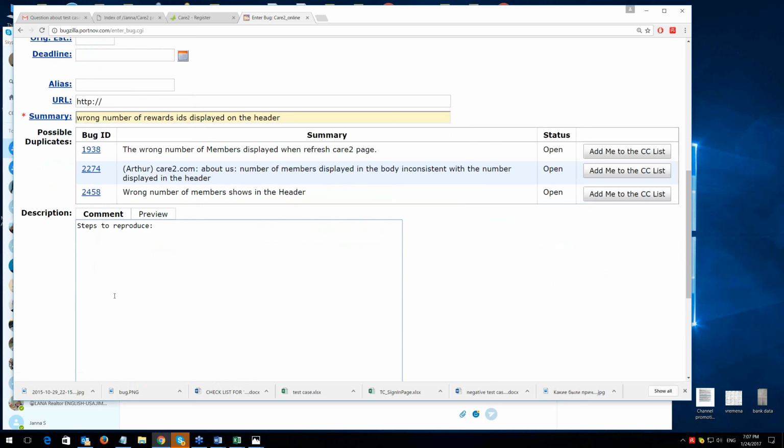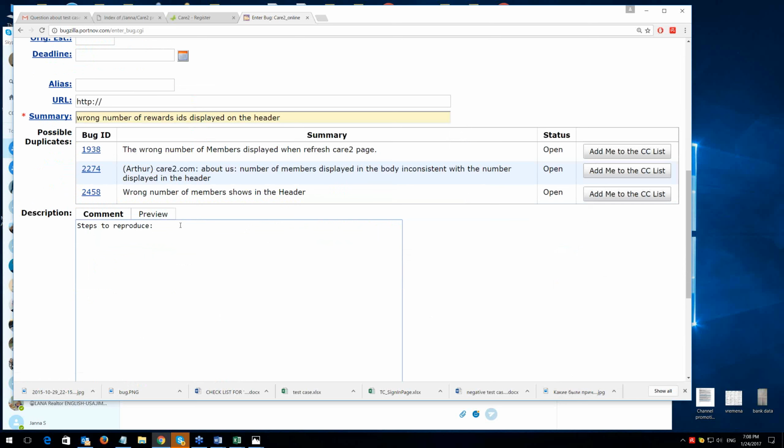I don't remember if Element tools have a steps to reproduce field. But we have the description field, and in this field we have to include all details. Believe me, there are no extra details when we describe the bug.